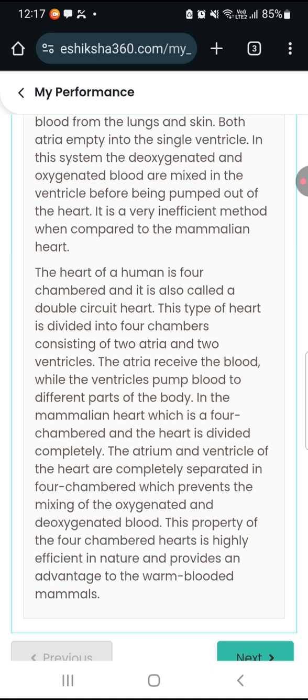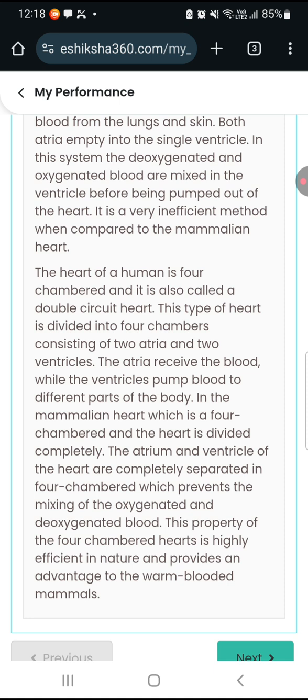This type of heart is divided into four chambers consisting of two atria and two ventricles. The atria receive the blood while the ventricles pump blood to different parts of the body. In the mammalian heart, which is four chambered, the heart is divided completely. The atrium and ventricle of the heart are completely separated in the four chambered heart, which prevents the mixing of oxygenated and